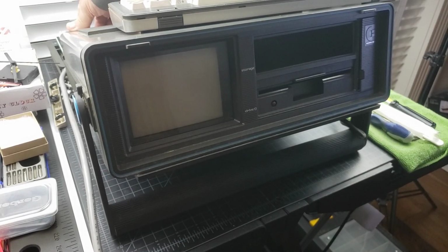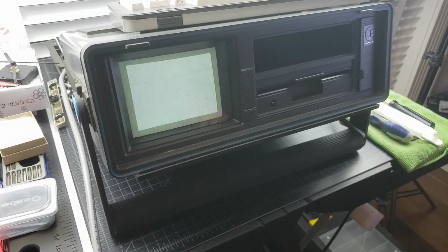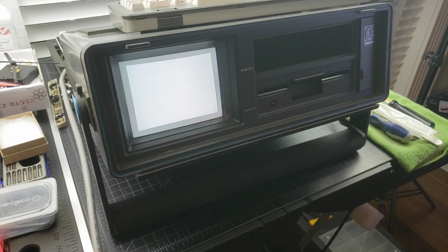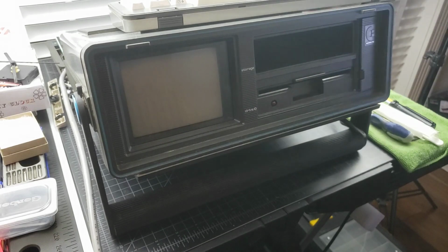Turn this guy on. And well, it doesn't exactly have a black screen, but there sure is a lot of polka dots in there. So this is interesting. Okay, let's shut this thing off. I'm not going to bother with the dead test cartridge because it's not dead. So I'm going to put it on diag mode here, and let's